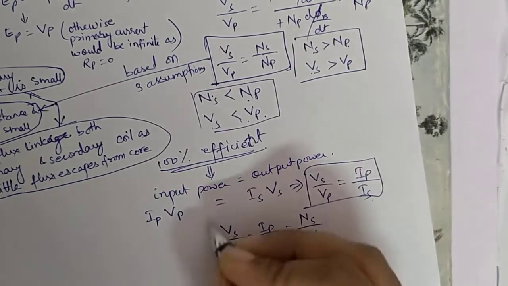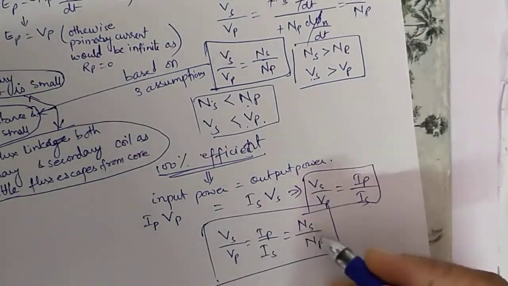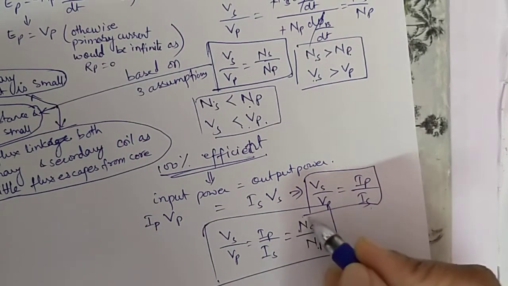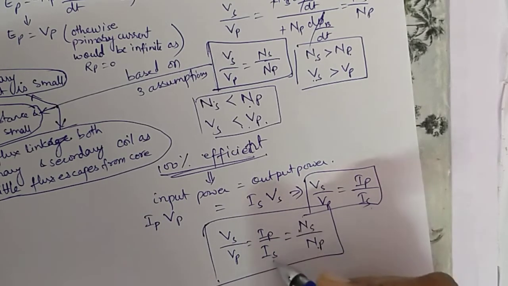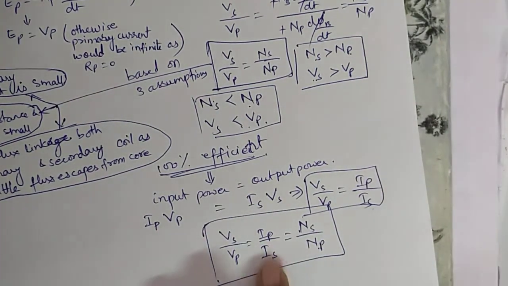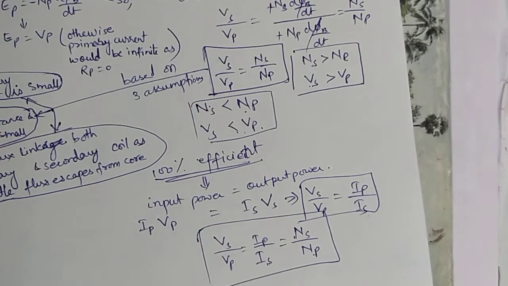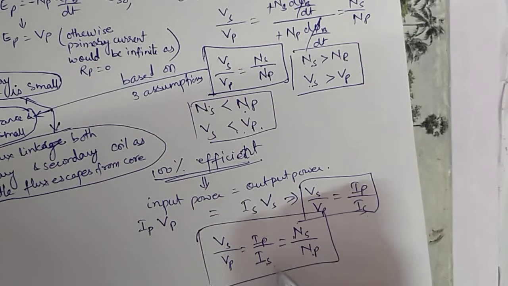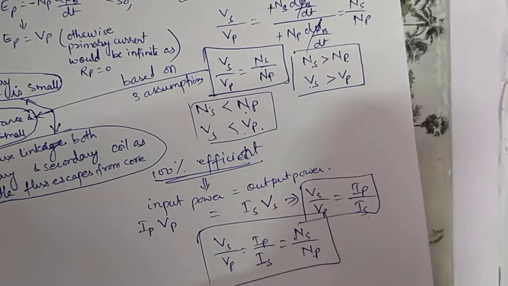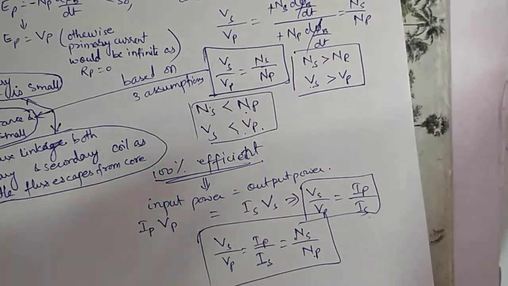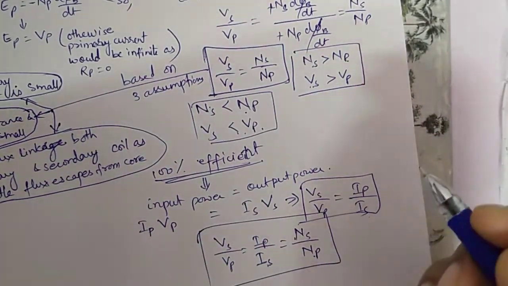Now you see here, for a step up transformer, Ns is greater than Np. If Ns is greater than Np, that means Ip is greater than Is. The current in the primary coil is greater than the current in the secondary coil. So if you are using a step up transformer, it is reducing the current in the secondary coil, and so the heating effect in the secondary coil will be less. This is the reason why we use a step up transformer in the long distance transmission of electrical power. So we have a power station which generates electricity, then we have a step up transformer.